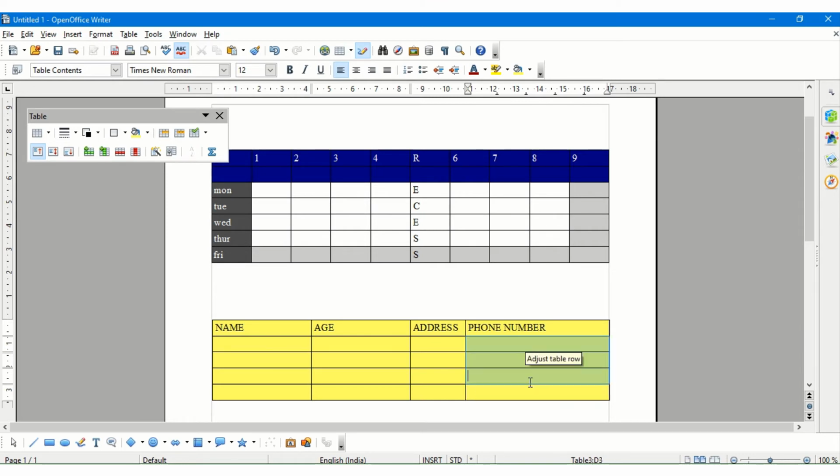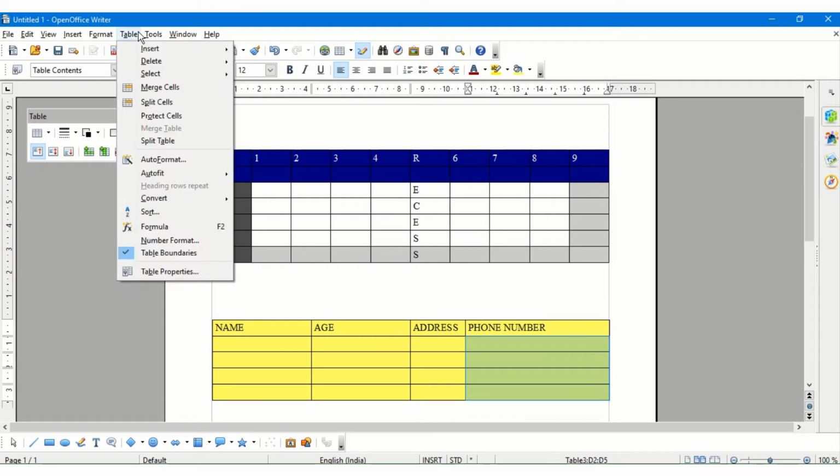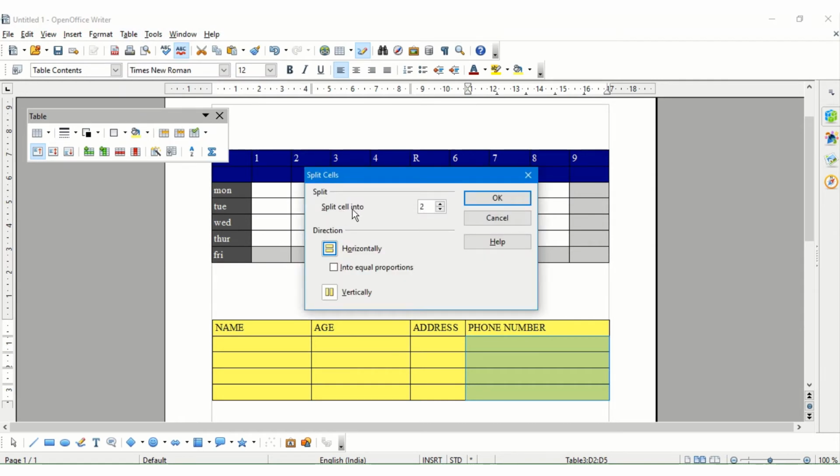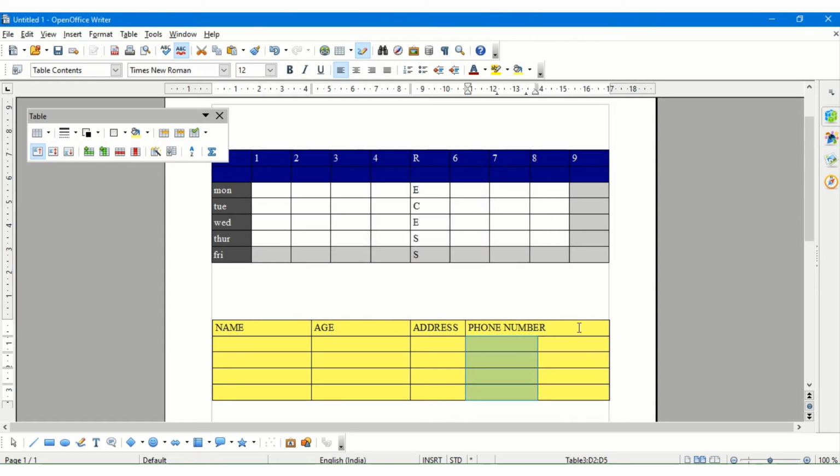So what I can do is select this, go to the table option and click on split cells. So I am splitting these cells. Now how many do you want to split it into? I want to split it into two. Suppose I want to split it into three, that is mobile, landline, and any other office number, something like that, I can do that. But as of now I want to split it into two cells, and I want to split it vertically like this, and say okay. Now see, my cell has got split into two parts vertically.